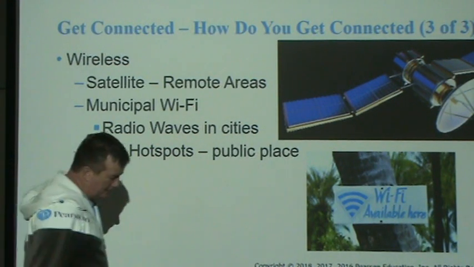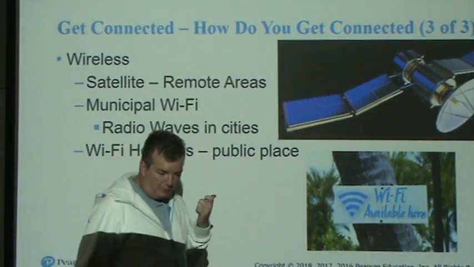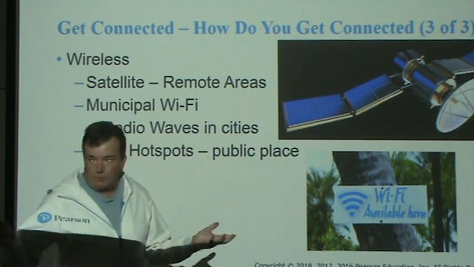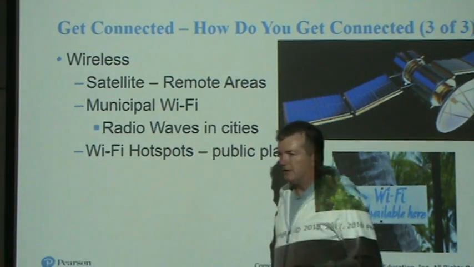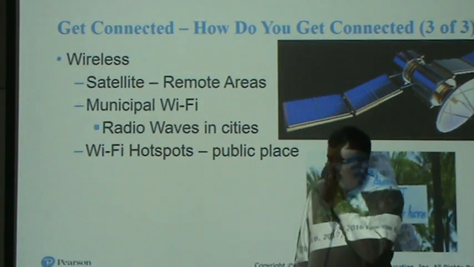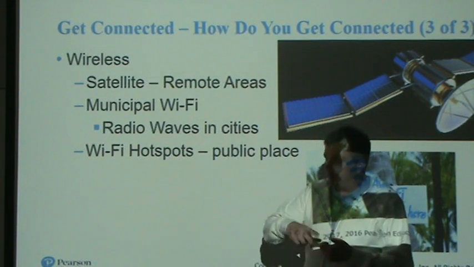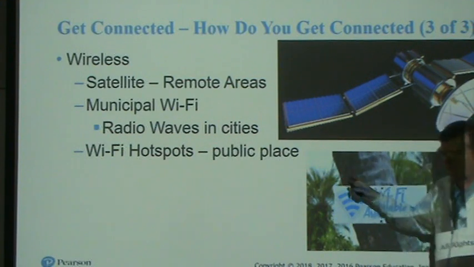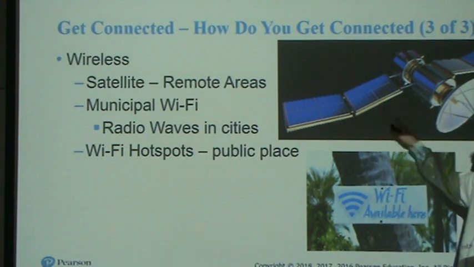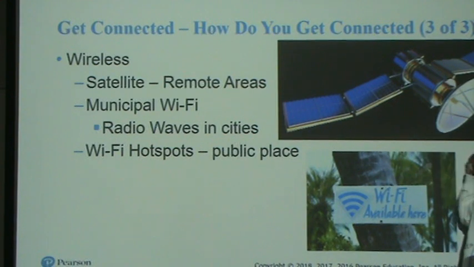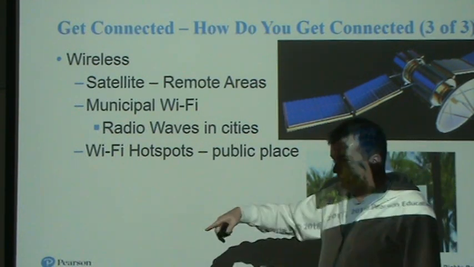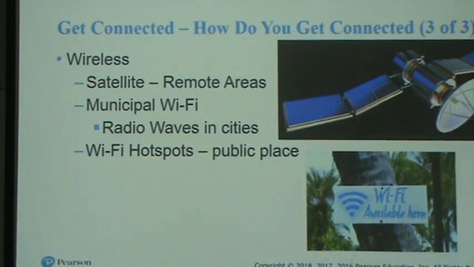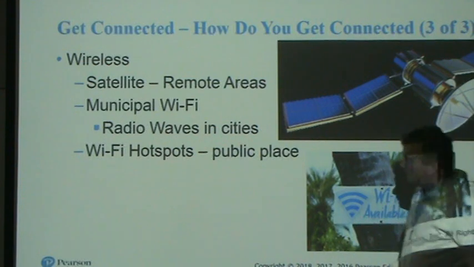Wireless works like this: when you're on your cell phone, you're connecting to an antenna somewhere in the area. I don't know what the nearest antenna is to this college campus, but when you pull out your cell phone, you connect to that antenna. That antenna can then connect to a satellite. The satellite can then receive data transmissions and send data transmissions down to a different antenna, which is near your friend who you're sending a text message to.